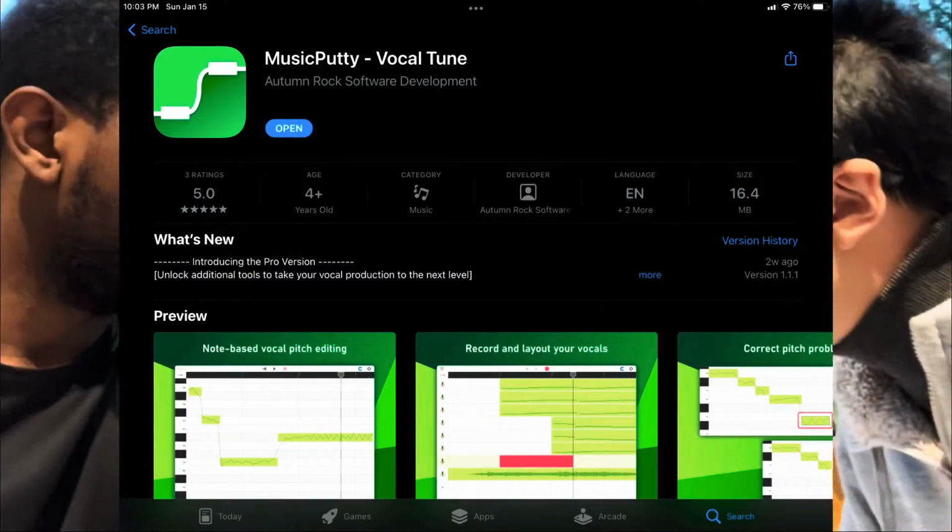So back to MusicPutty. When I was using the application, first of all, I'll be honest, I judge a book by its cover sometimes. I looked at the app, it was pretty okay. I was like, this probably wouldn't work. Then I tried recording audio on Music Memos because that's my workflow. I record on Music or Voice Memos and I send it to whatever I'm doing. I couldn't do it, at least not with the free one. Then I recorded directly there, just like a simple audio track.